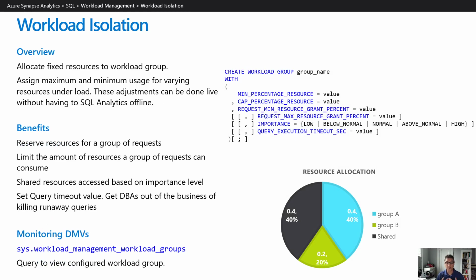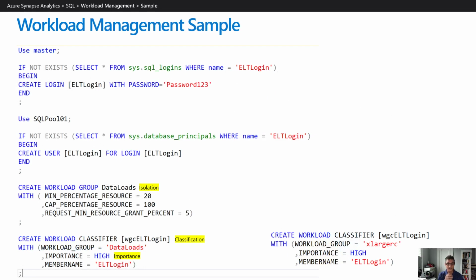We also have workload isolation. So this is the idea that I can create a resource group, think of it as, and specify the min and max that this group can use for CPU percentage, as well as for some other ones here like resource grants, as well as importance I can put on this too, and timeout seconds on here. So the idea, if we put all this together, is I can create a workload group called something like data loads, and